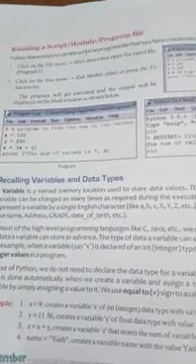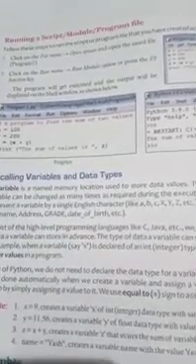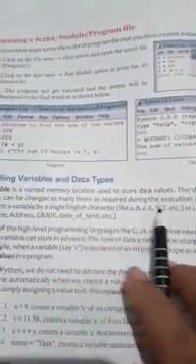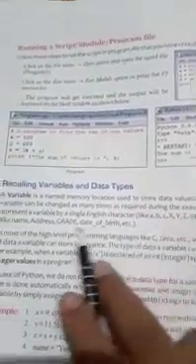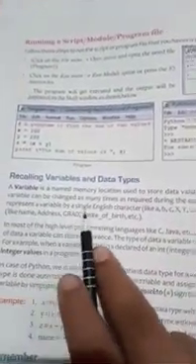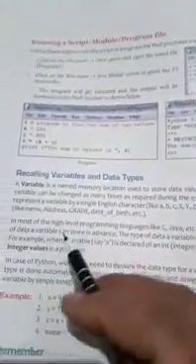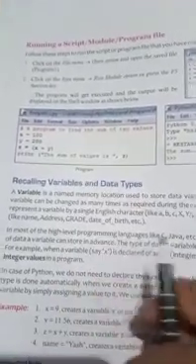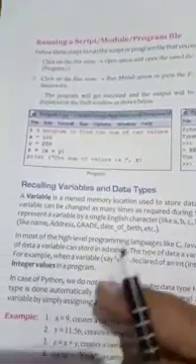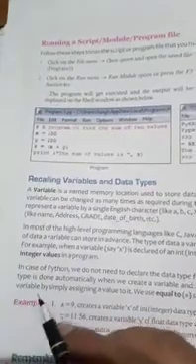In a variable, the values will change as many times as required during the execution of a program. We can represent the variable by a single English character, A, B, C, D, X, Y, Z, whatever you want, or use a descriptive name, like name, address, grade, date of birth, whatever you want to make. Then you have to make a variable name according to your choice. But here are some rules and regulations.